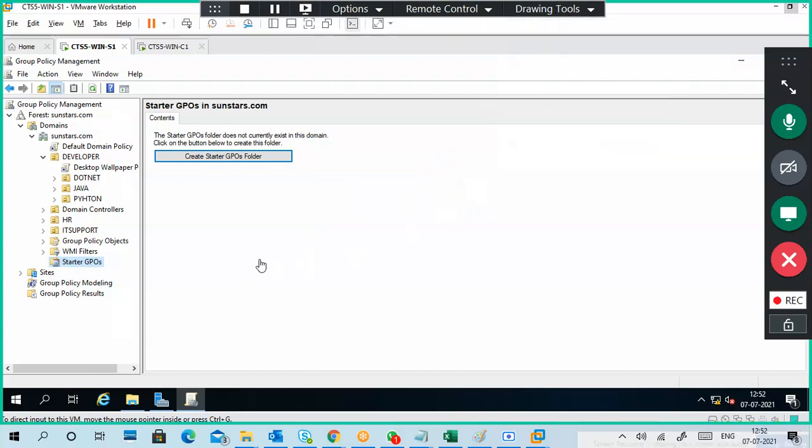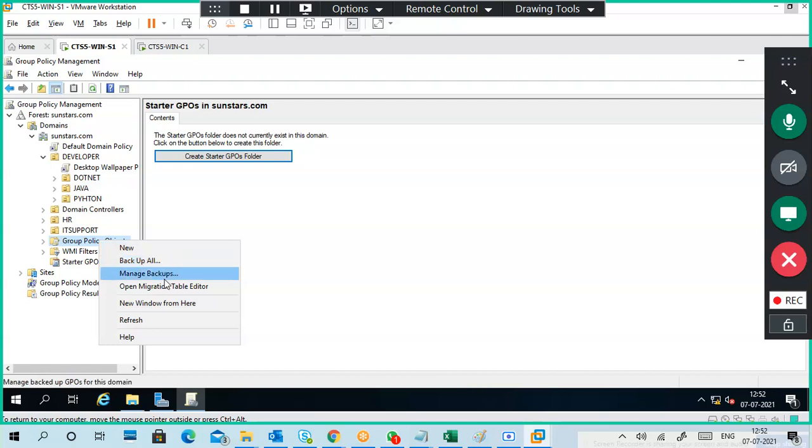Another one is we can take a backup of policies. Like you can see backup all, manage backup, open migration table. Backup all means you can take the backup of policies.